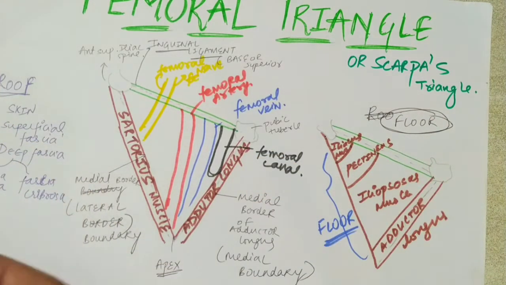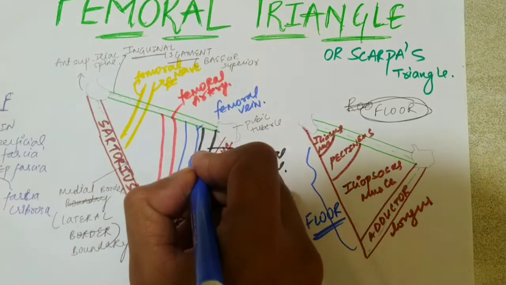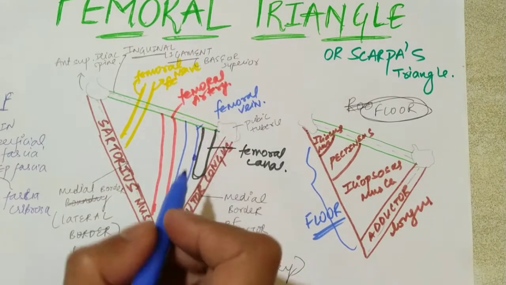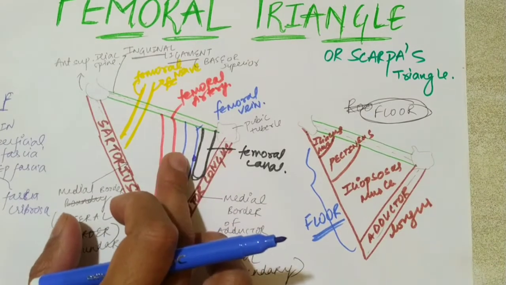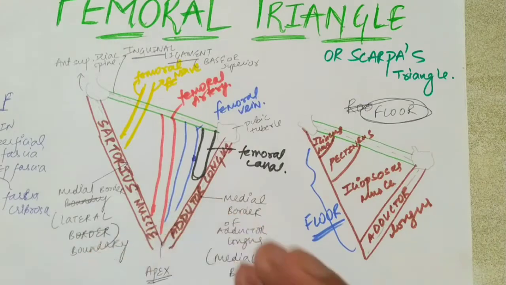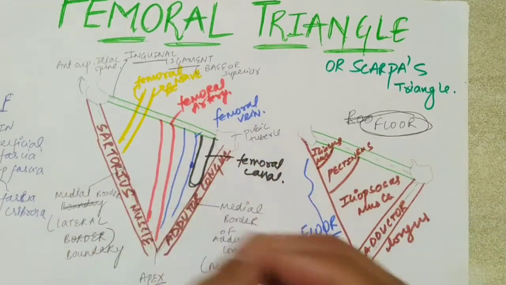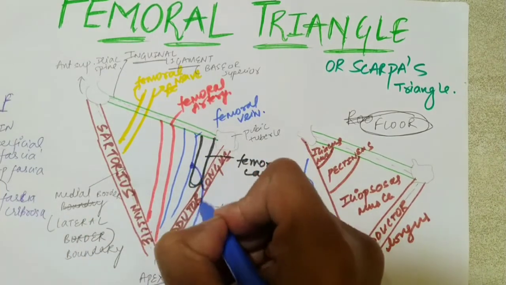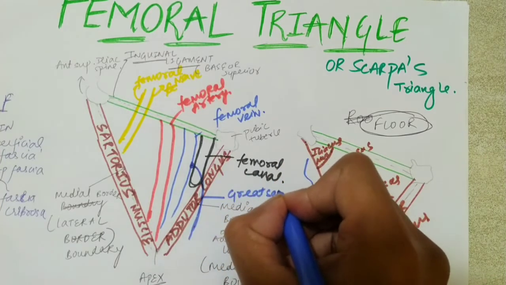Now we'll see the smaller nerves and different veins which are draining. First we'll discuss the femoral vein. You know that in the femoral vein there is an opening. There is a superficial vein of the lower limb, the great saphenous vein, which takes the blood from the lower limb region and drains into this femoral vein. It pierces through the saphenous opening. You know that there is the saphenous ring and saphenous opening which pierces the fascia lata and drains the blood into this. So like this there will be the great saphenous vein. It is also a content of this femoral triangle.